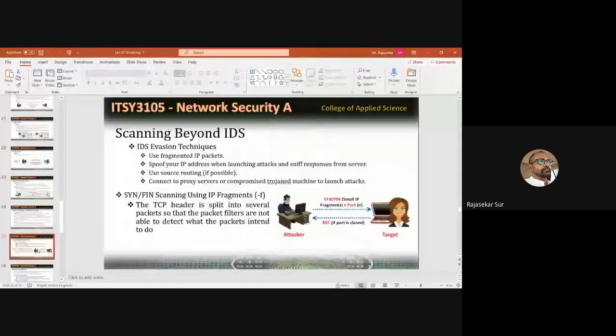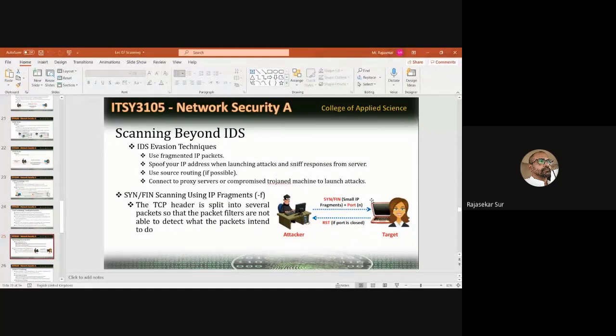The next concept is scanning beyond intrusion detection systems. Say I have an intrusion detection system in my network. For example, take the target: the target has an intrusion detection system, IDS.